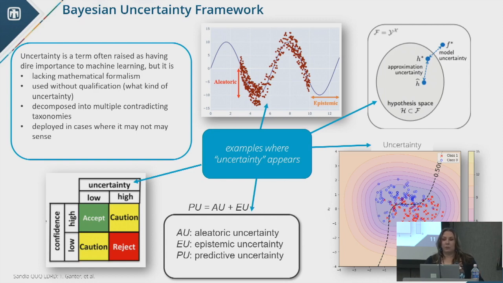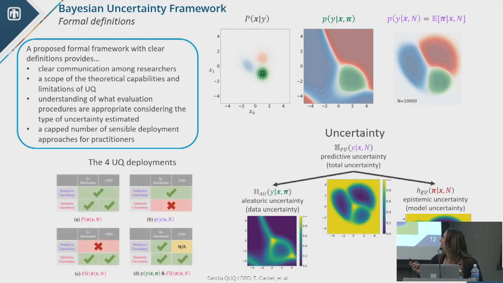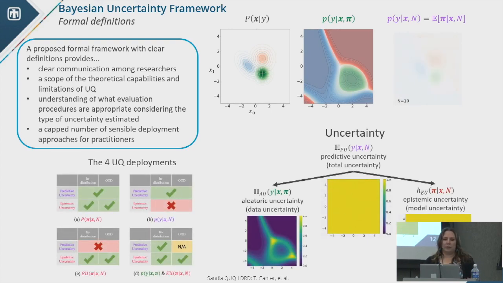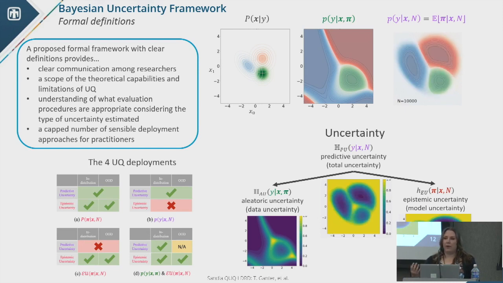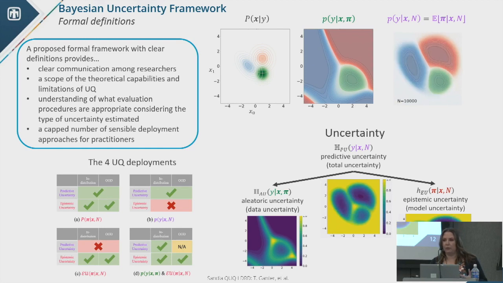So at Sandia, there's some ongoing work under the LDRD program to formalize into a common language the way that we might approach uncertainty quantification for deep learning and machine learning modeling. They're also proposing a formal framework such that we can evaluate the quality of these uncertainty estimates that are being proposed in the literature. So this is ongoing work. I'm excited, and I hope that I can add this to the set of tools that I can talk about as being something easy to implement, so that when we have uncertainty quantification, we can understand how credible it is.